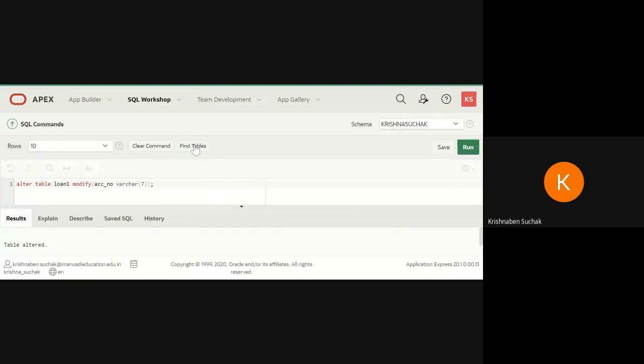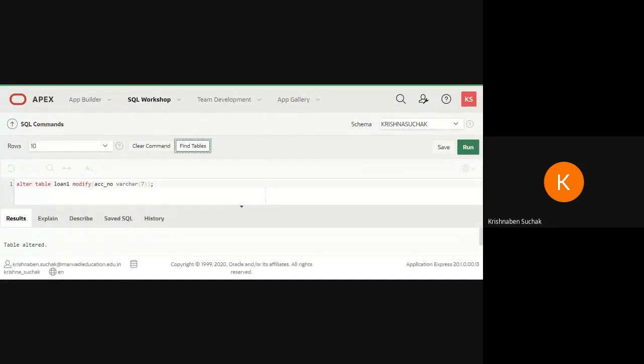Okay. So now I need to check in my loan1 table if my size has changed or not. Yes, account number size, which was previously 5, is now changed to 7. Okay, so these are the queries for the second table.